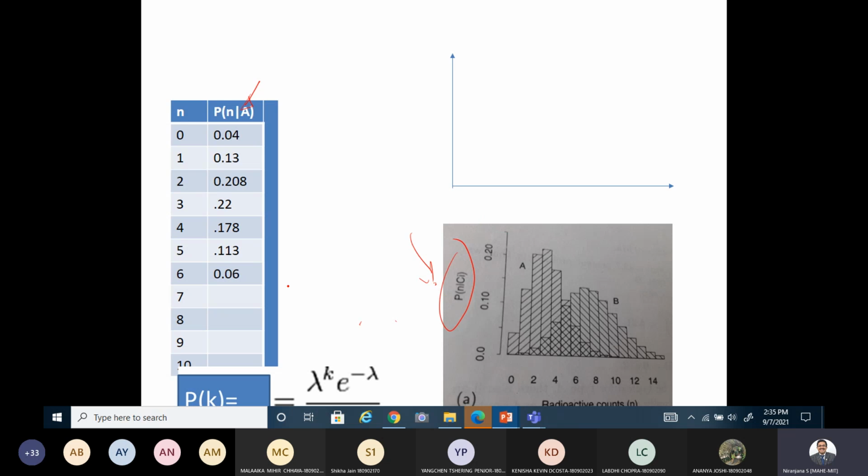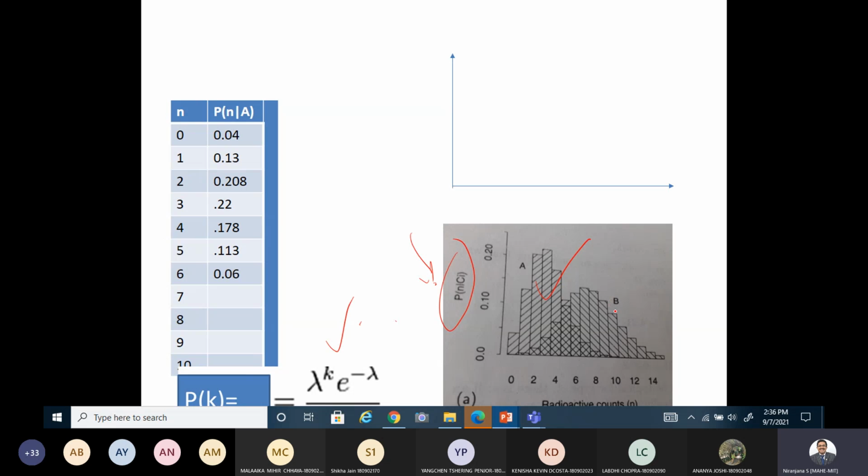So when you have a particular variable, say such as n here, and you'll be describing that particular distribution with respect to one of the classes, A, then it will be P of n given A. You are given that, or you are labeled that it is class A, and you will be describing the probability of n with respect to A. So that probability could be expressed like this, and you can calculate like this, and when it is plotted, it will be seen like this, right?